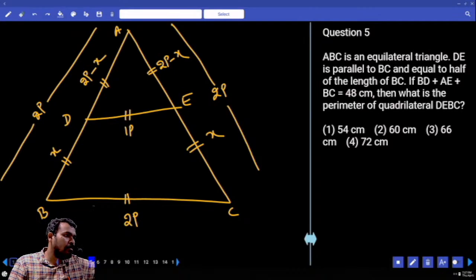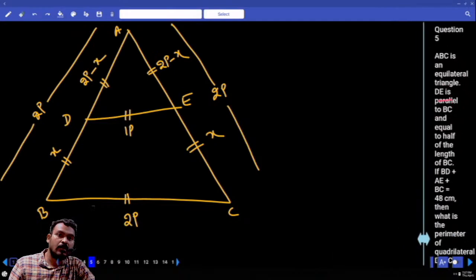In the bottom diagram, the quadrilateral, these two sides are equal or different? Equal. What is the BD value given? x. What is the AE value? 2 parts minus x. What is the BC value? 2 parts. Okay, this one I written x plus 2 parts minus x